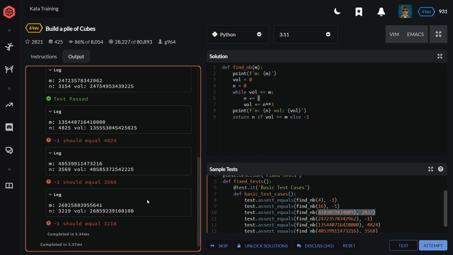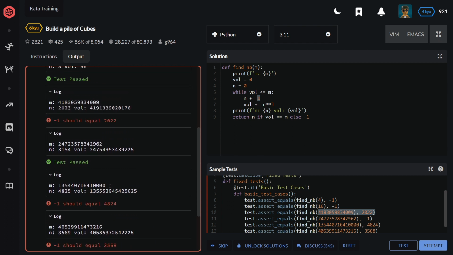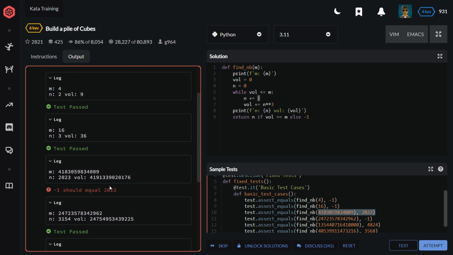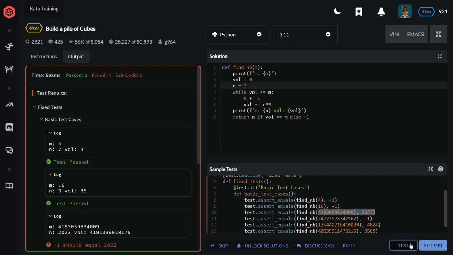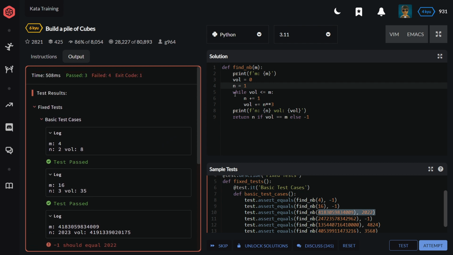Good problem then, isn't it? Because it looks really simple, but it's actually not that simple. We always start with a cube of 1, don't we? So it's strange that I don't have to change that value, but it sort of makes sense because the volume